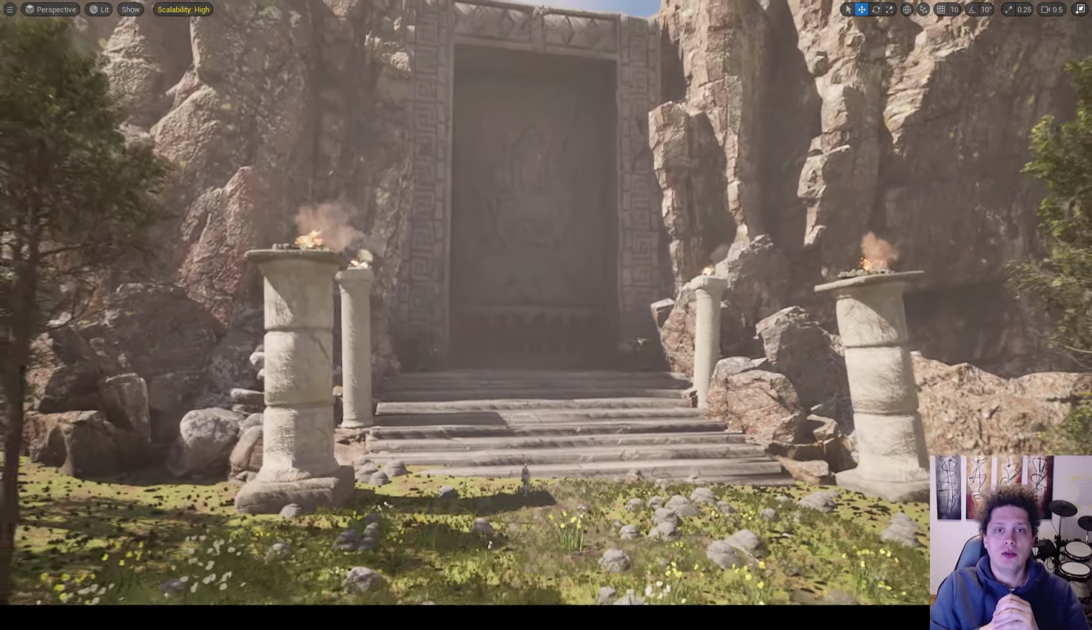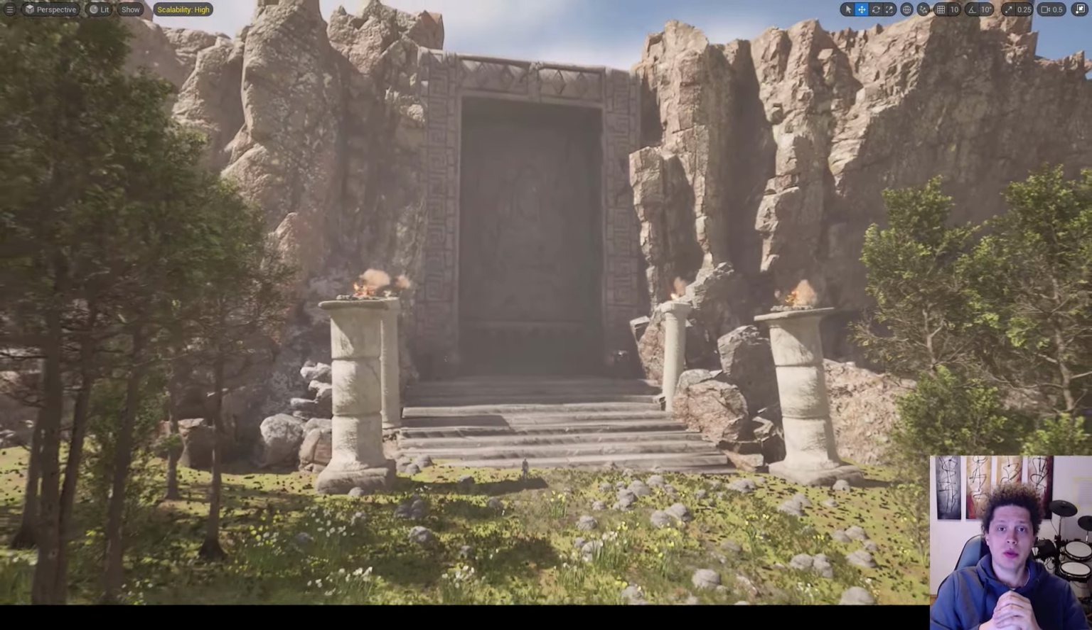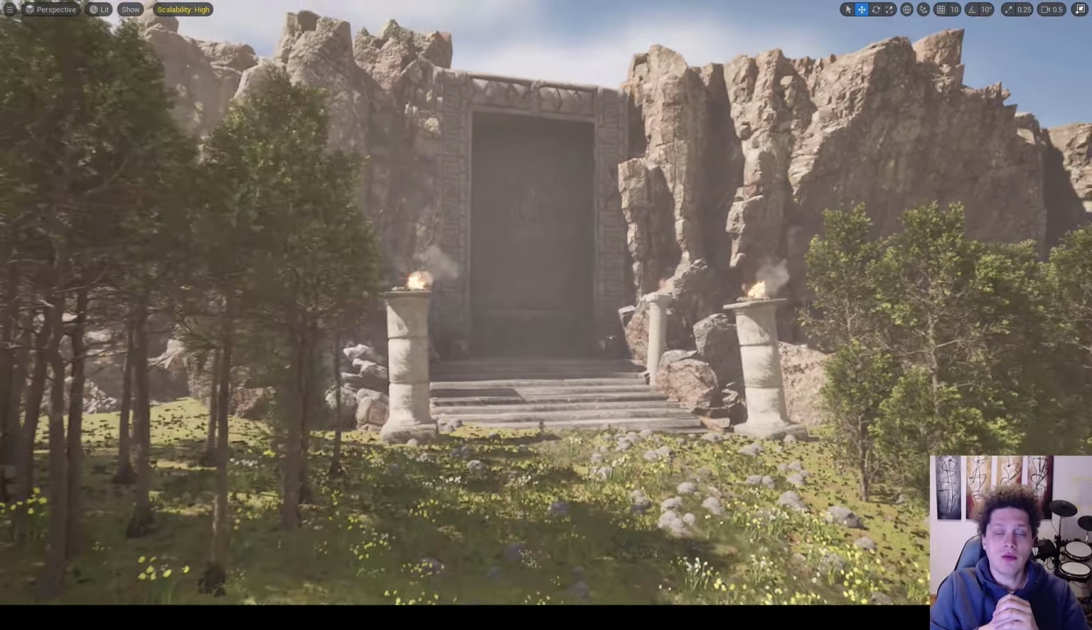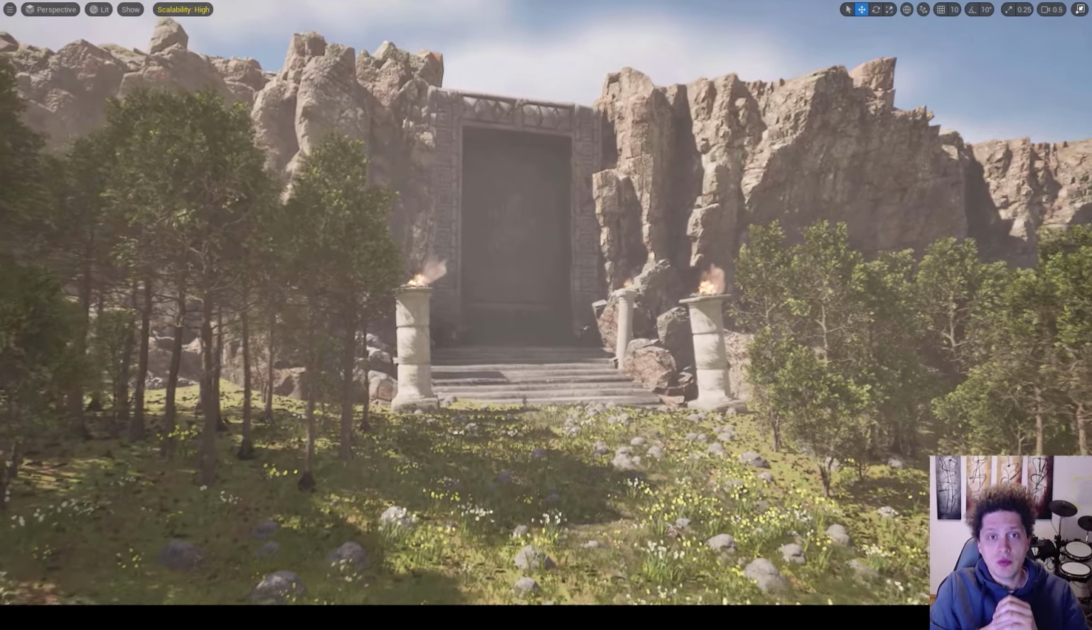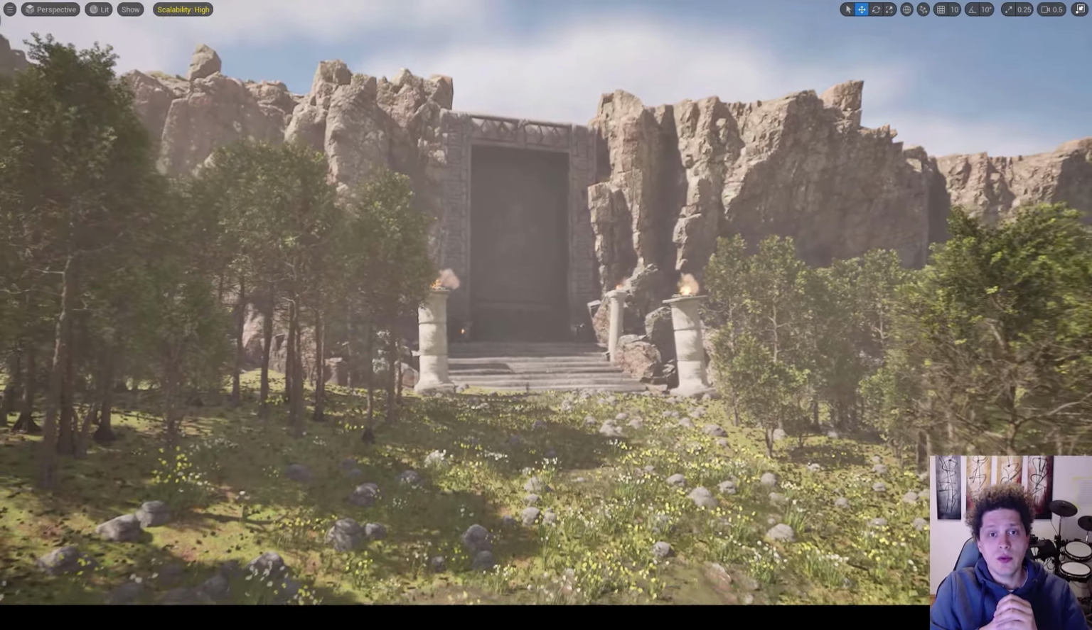Today I will show you how to create this simple gate scene with some pillars, some fires and some foliage and trees. I think this should be very easy to follow,